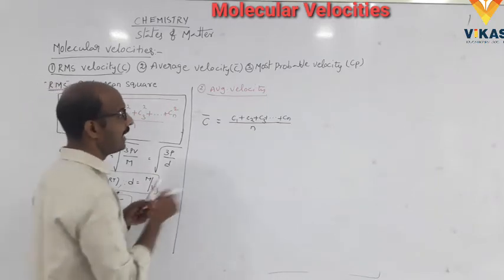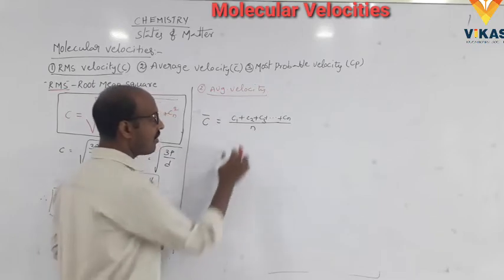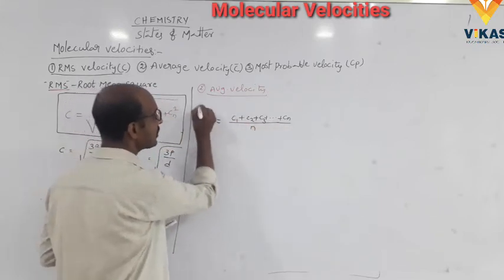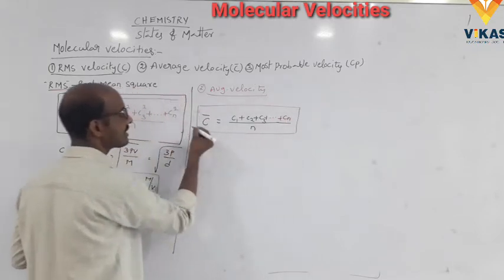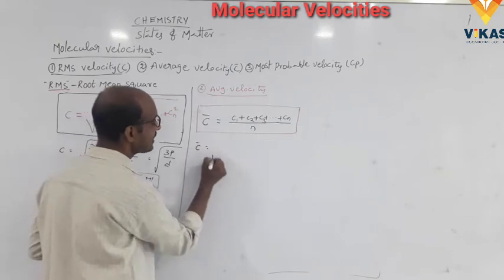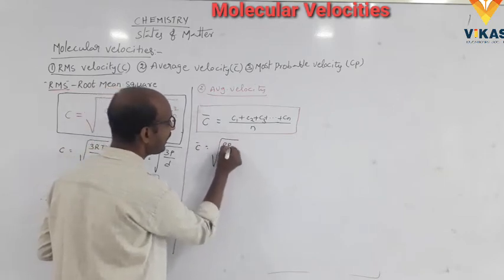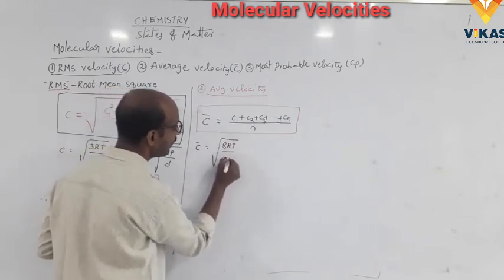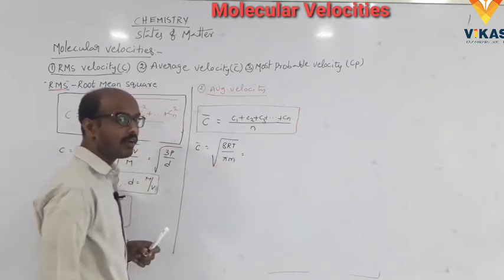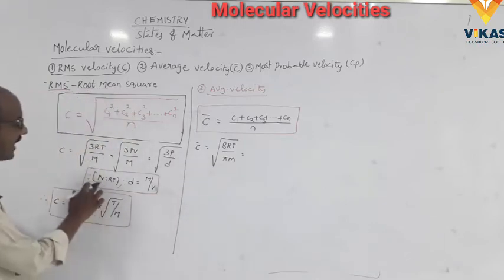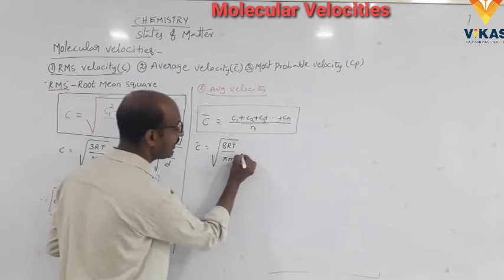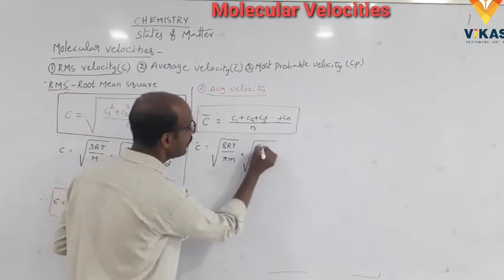It is the average of the velocities of the molecules of the gas at any temperature, called average velocity. Its mathematical expression is the square root of 8RT by pi m. Here R T is equal to PV, from the ideal gas equation with n equal to 1, PV is equal to RT. So then convert into the square root of 8PV